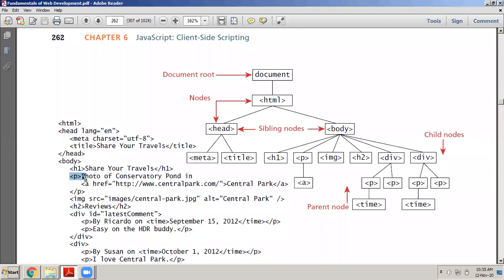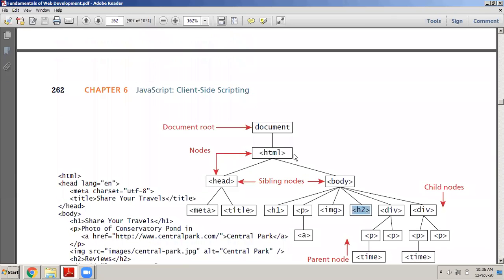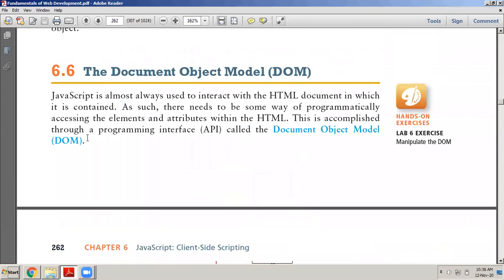You want to change the content of this P tag, so you have to access this individually. And there are built-in functions available to change the content of this P tag or the div tag. Okay, you can actually change the content of that div tag and all that. So to access these elements of the HTML document individually and change it in terms of style, in terms of content, you can do it through built-in functions available through the document object model.